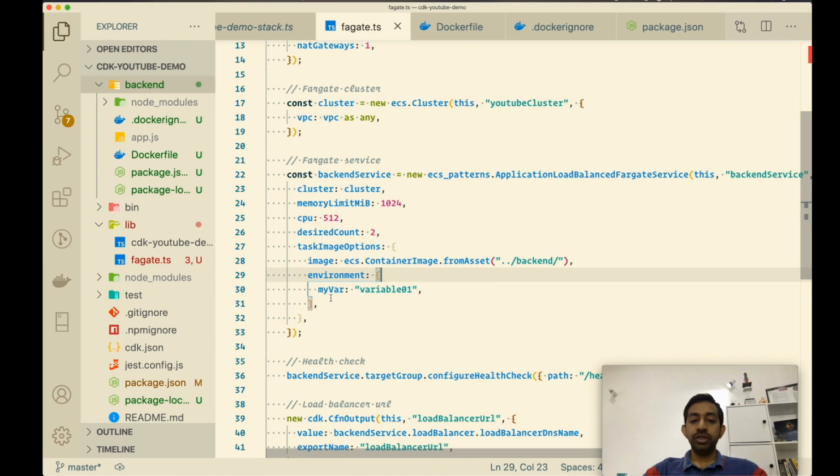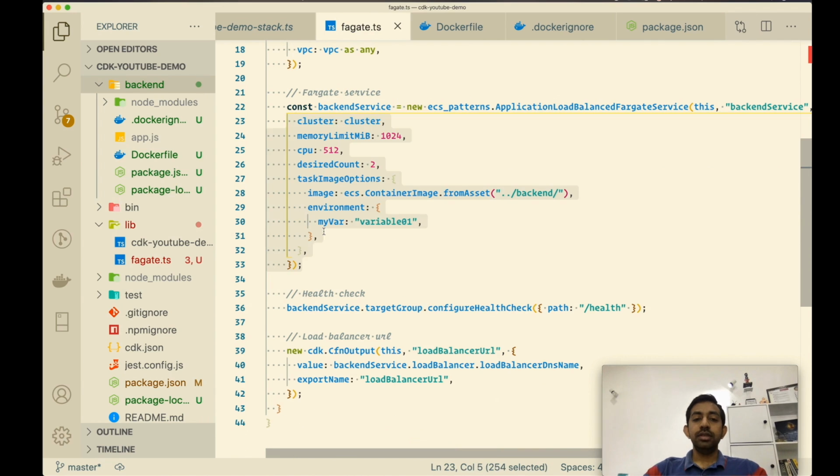And optionally we can pass some environment variables. Of course in our case we don't need it, but imagine if you have a use case where your containers need to talk to a database, so you can reference those database URLs or the database strings through Secrets Manager or Parameter Store variables. So that's all to it for our ECS pattern, and this is going to create